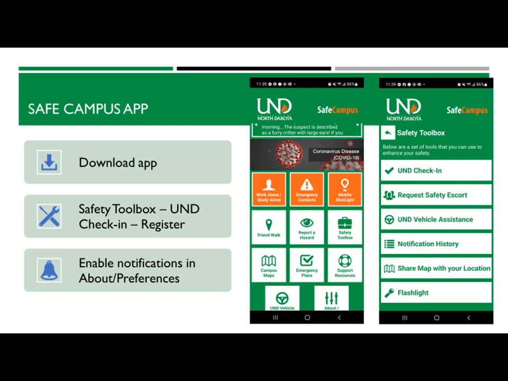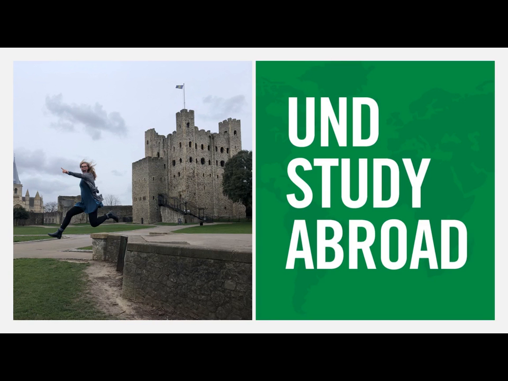In addition to helping students think ahead, our orientation gives students the tools they need to stay safe. During the session, we have students download the Safe Campus app, which alerts students if a situation occurs in their country. We also talk about ways to stay safe when living in a foreign country. Ultimately, we try to prepare the students as much as possible for their study abroad program. If your student has any questions or concerns about studying abroad, our contact information can be found on our website.